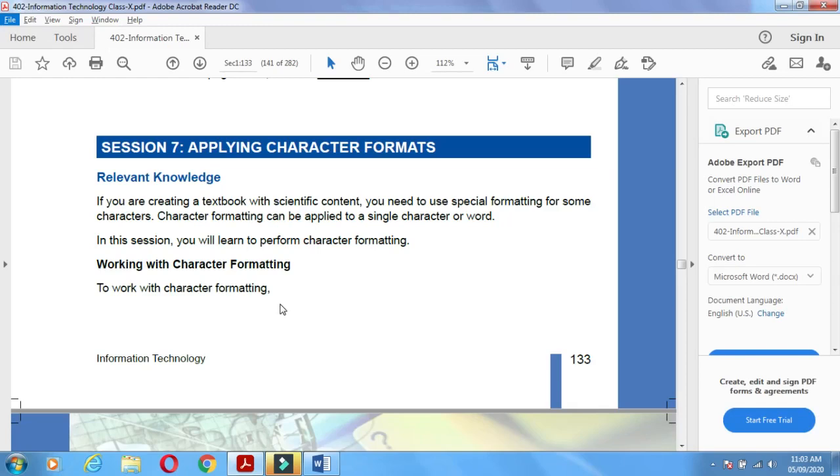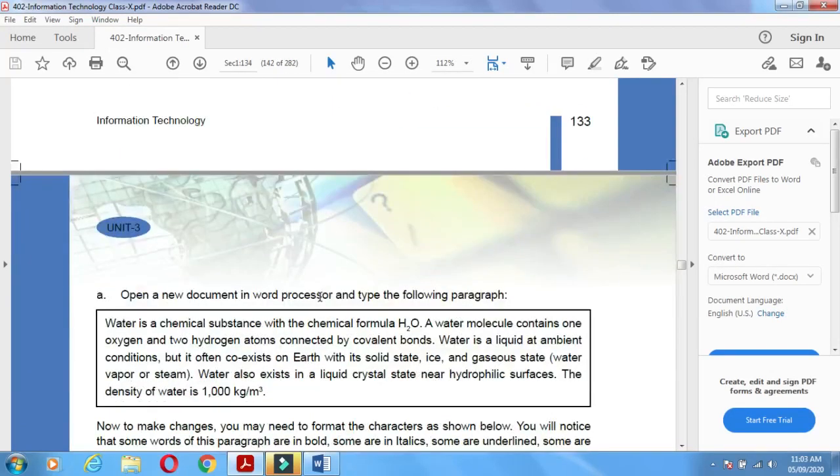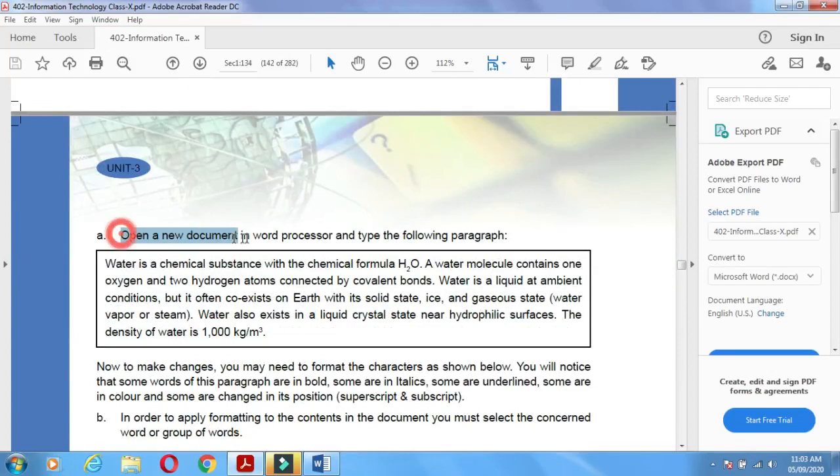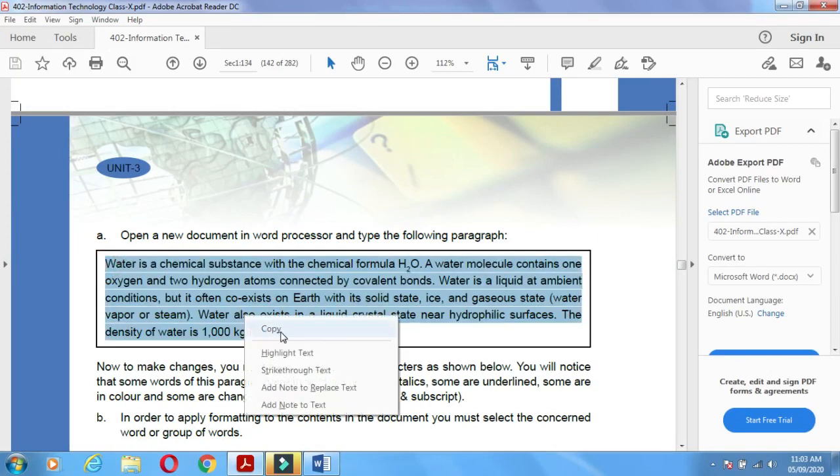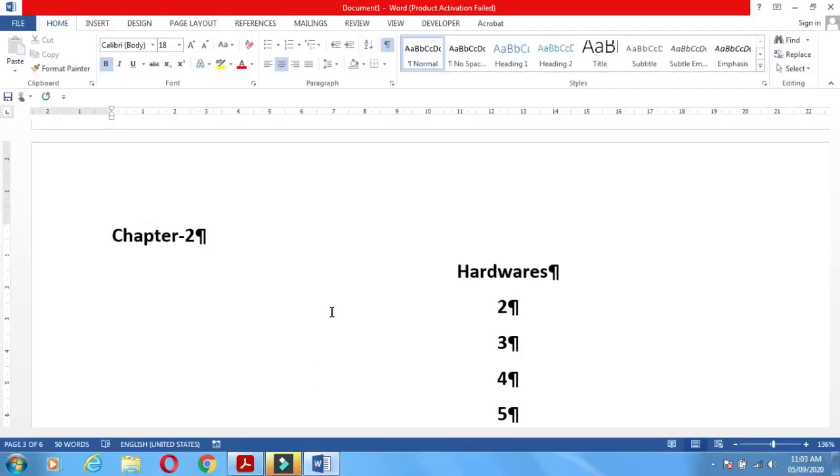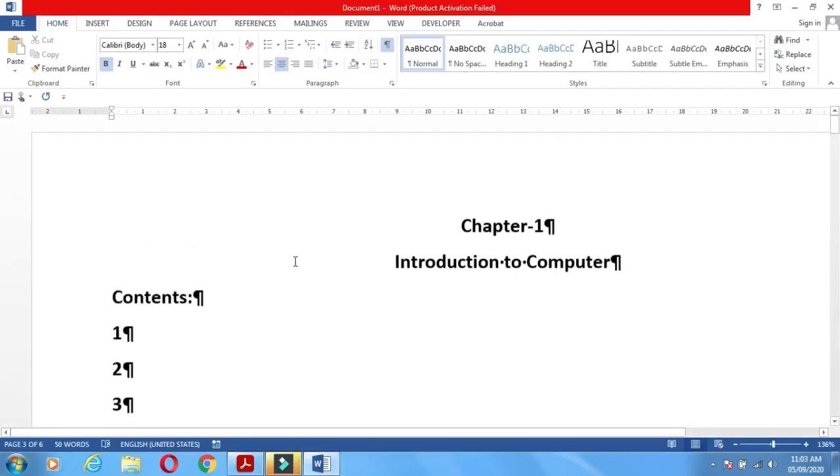Let us do practical work with character formatting. For that purpose, open a new document in a word processor and type the following paragraph. We simply copy this paragraph and paste it here.